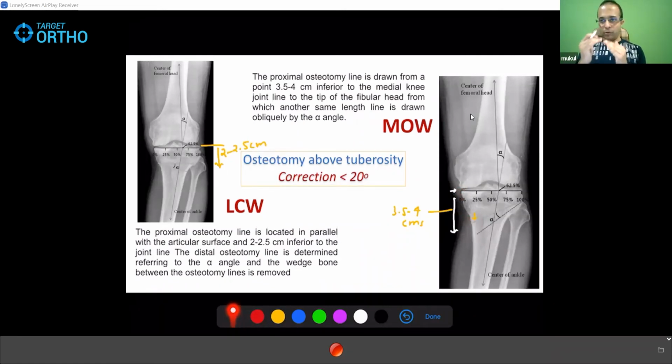So medial opening wedge you start a little down, lateral closing wedge you start a little up, medial opening wedge you go up, remaining proximal to the tibial tubercle, aiming the head of fibula, and lateral one you go straight with the first osteotomy line that is parallel to the articular surface, and then lower cut will depend upon how much alpha angle you want to achieve. I told you now that you can only go up to 20 degree, क्योंकि 20 डिग्री से जब इसे नीचे लेना शुरू कर दोगे ना तो tibial tubercle कटना शुरू हो जाएगा, patellar tendon जाना शुरू हो जाएगा. So these osteotomies up to 20 degrees you can.